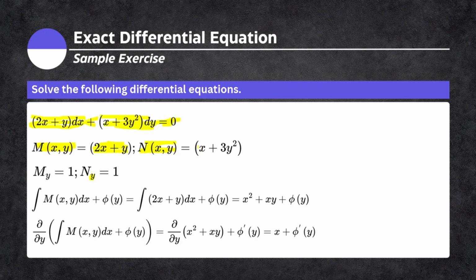So the derivative of x is 1, and then this 3y squared is considered as constant, so the derivative of a constant is 0. So we have N sub x, it should be x, so it's a typographical error. N sub x equals 1. So therefore, it is an exact differential equation because the M sub y